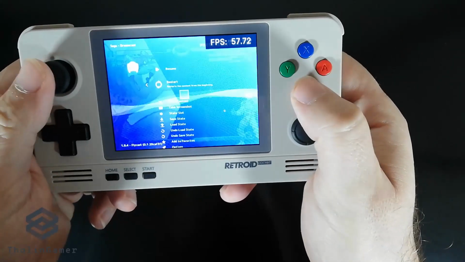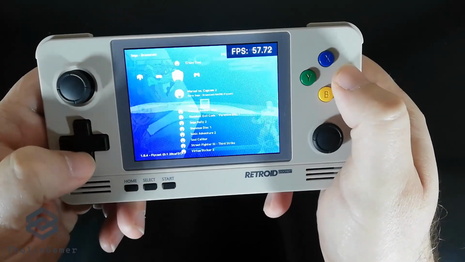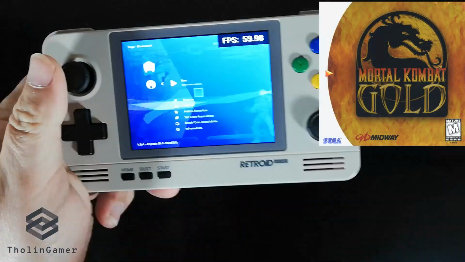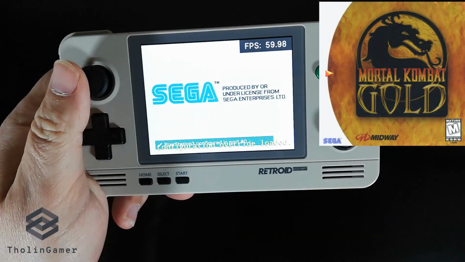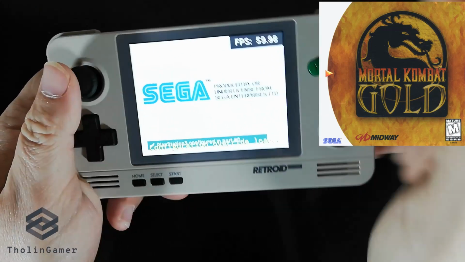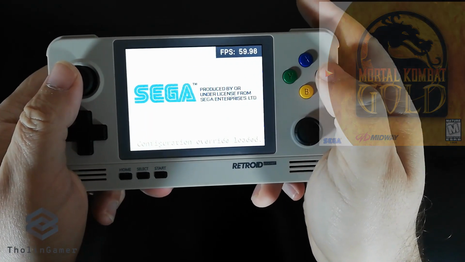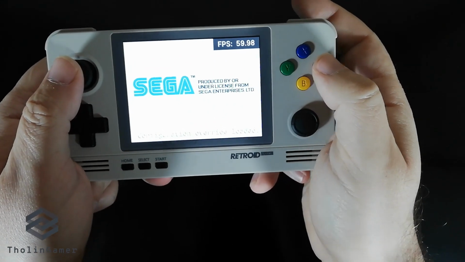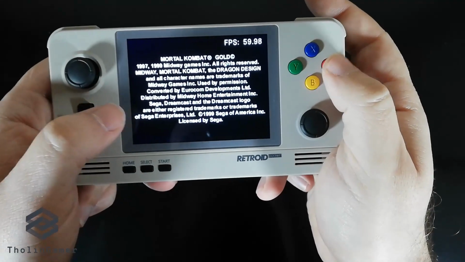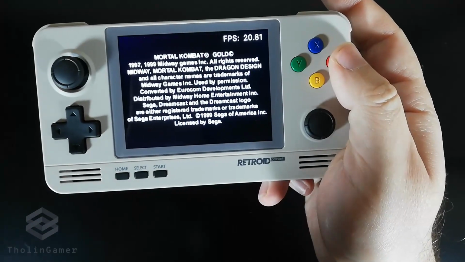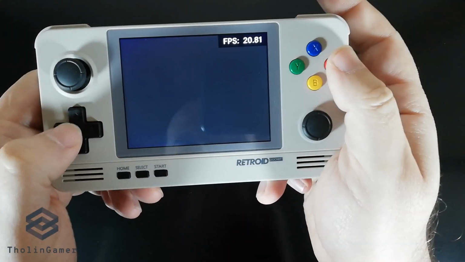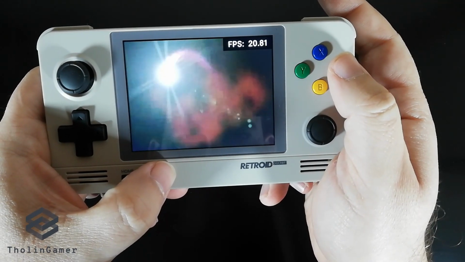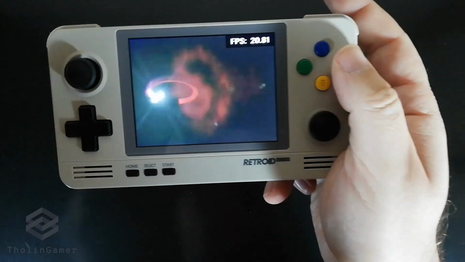Our third game is another fighting game, and we are talking about Mortal Kombat Gold. Now, Mortal Kombat is a game by Midway, again a game that is iconic in the arcade scene, and it was ported over to a various number of home consoles. We have seen the same game in a Nintendo 64 video, and we are going to see it now on the Dreamcast one. So this is the introduction, this is the logo of Midway.